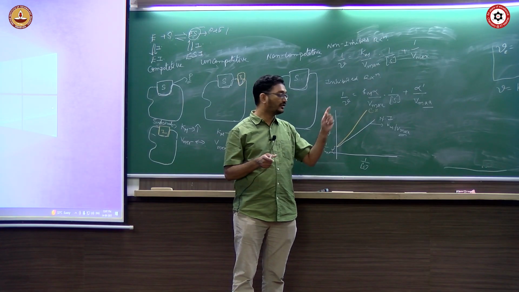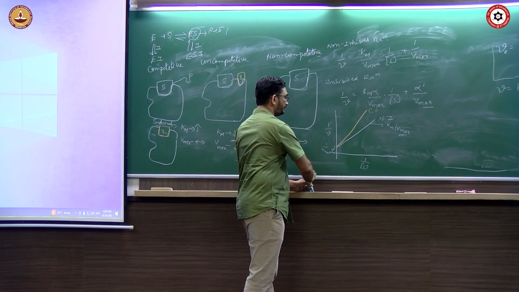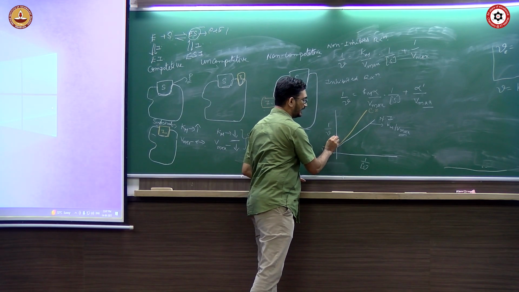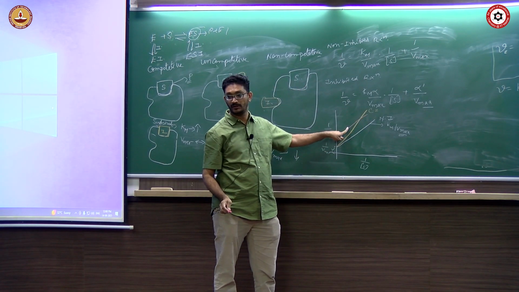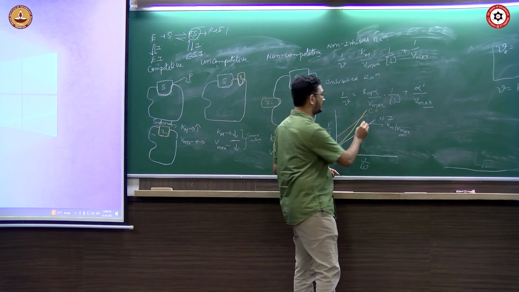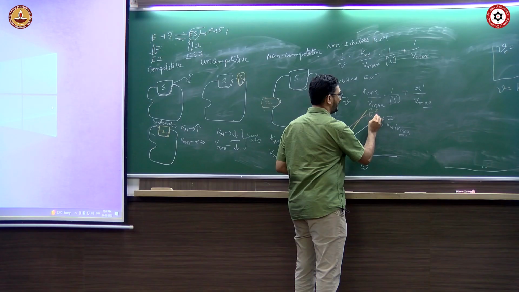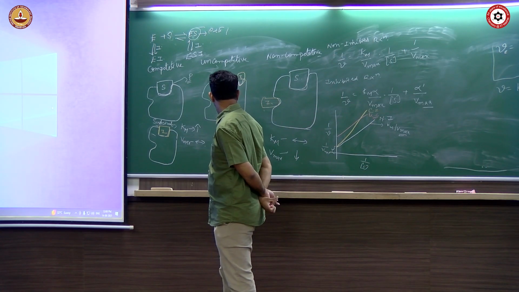So, how will it look like on this? It will be a parallel line. Slope same is parallel, right? Slope same, but the intercept has increased. This is for your uncompetitive inhibition. And for non-competitive inhibition,